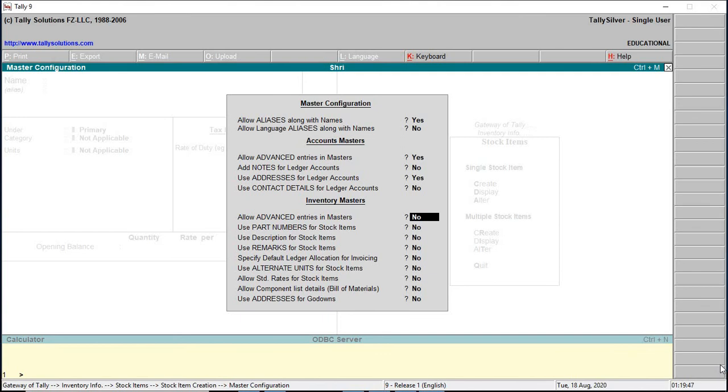Required information can be enabled for creating a stock item in advanced mode.